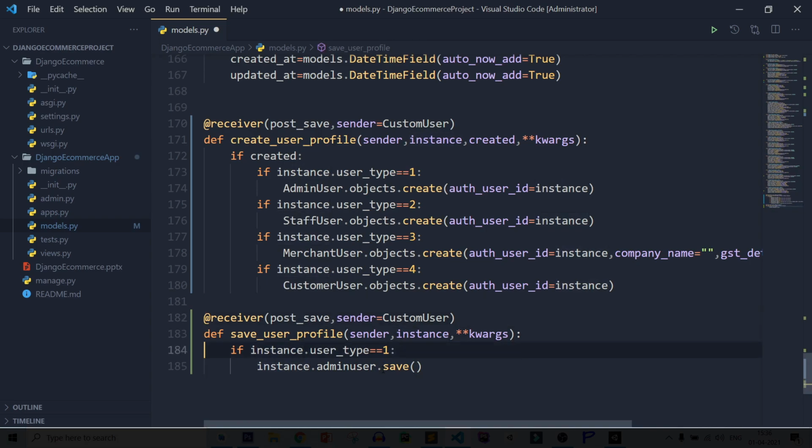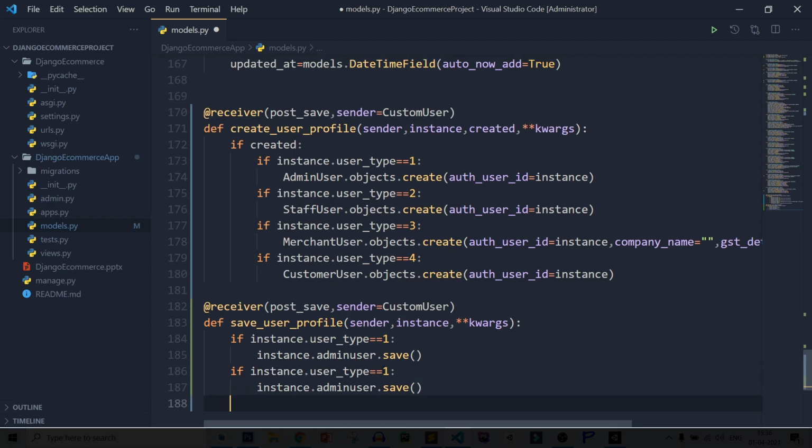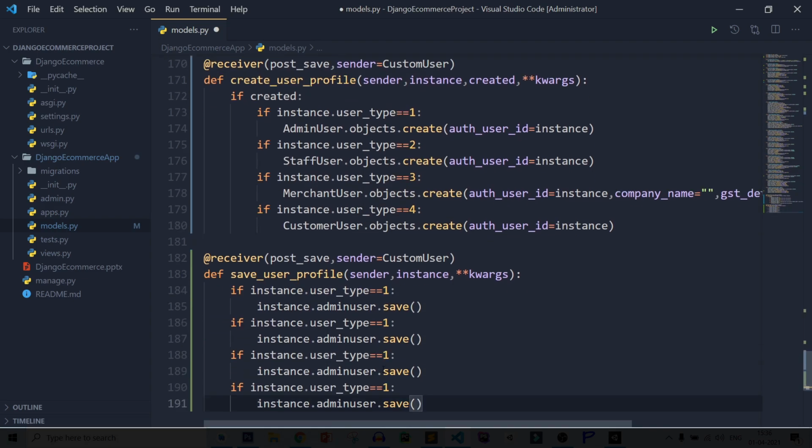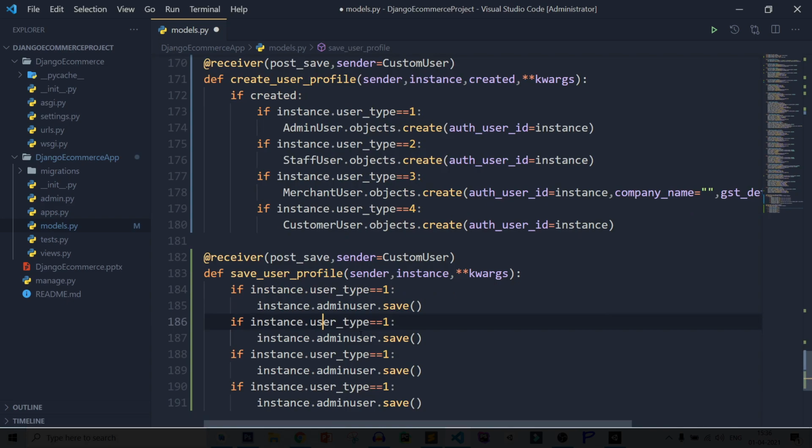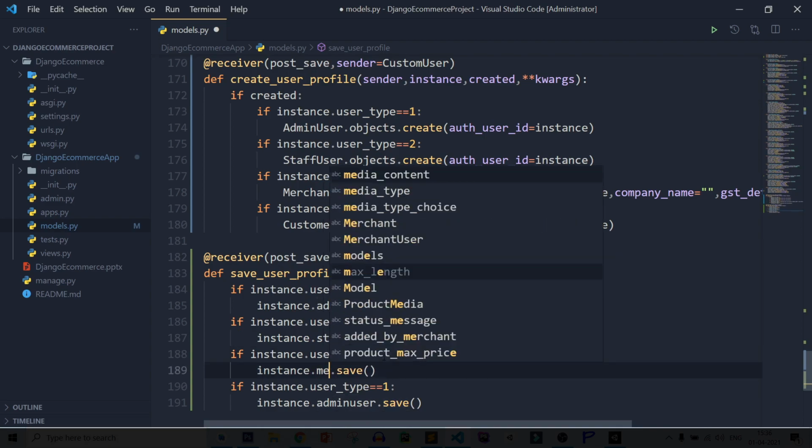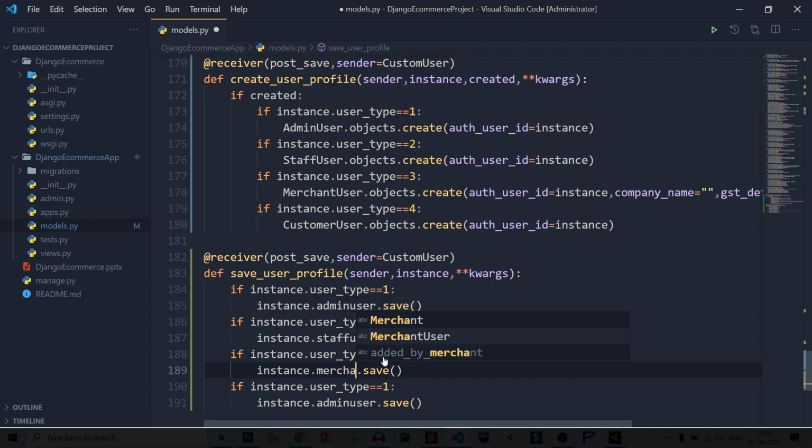After that let's copy it again and paste it. This time for 2 we need to change it to staffuser, and here same small letter. For 3, same here, merchantuser.